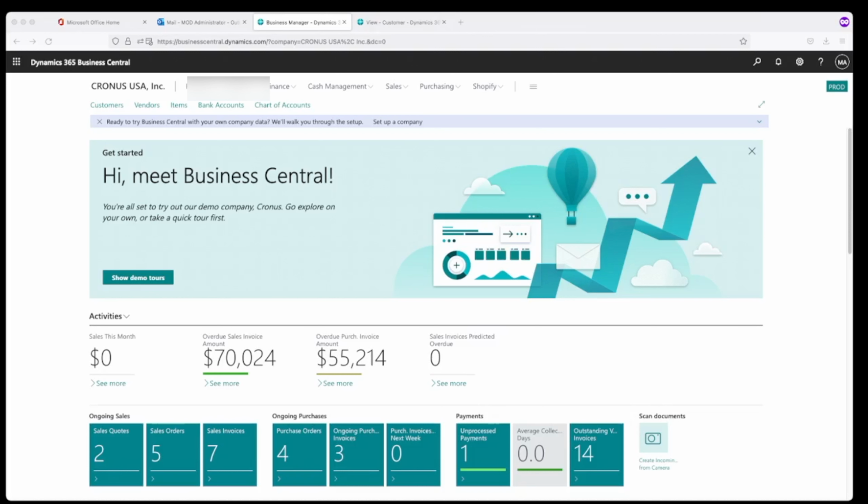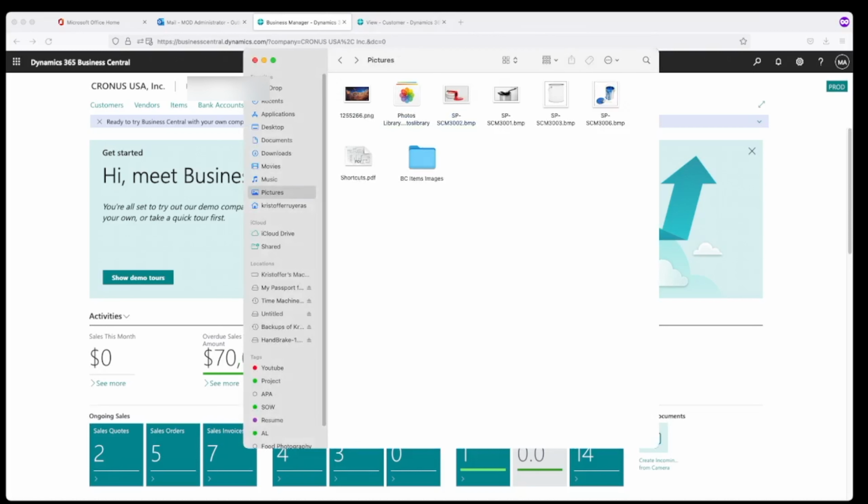Very, very easy. So let's take a look. The first thing you have to do is name your items. You have to name your images to match the item number of that picture. In this case, you see a few examples I have. I have these item numbers, SP-SCM3002. And if I go ahead and take a look at that from